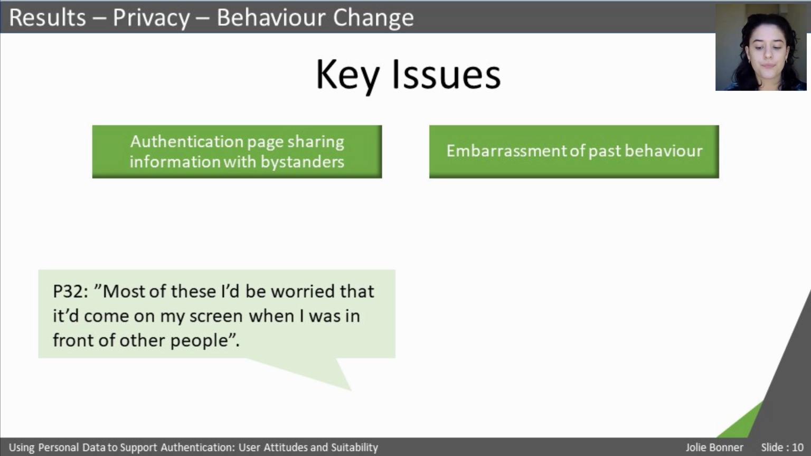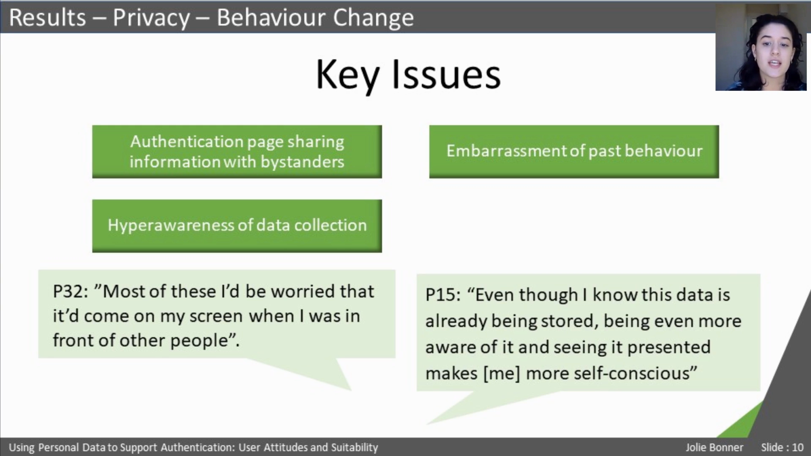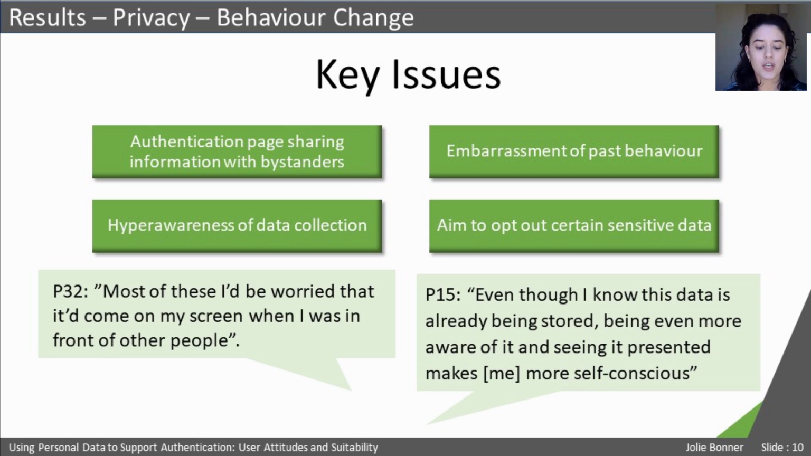These participants suggested that even if the data was already being stored, being forced to observe its usage would make them hyper-aware of their digital footprint. Participant 15 stating, "Even though I know this data is already being stored, being even more aware of it and seeing it presented makes me more self-conscious." 8 participants suggested that they would change their behaviour to opt out more sensitive data types. For example, in the case of supermarket orders, bananas and apples may be acceptable, but medication and period products may